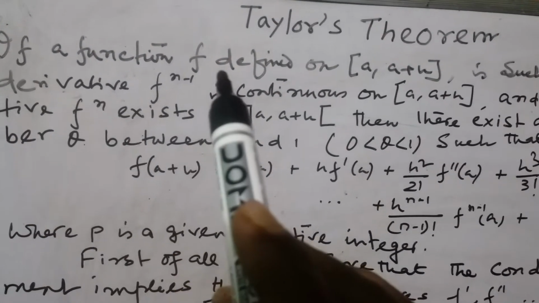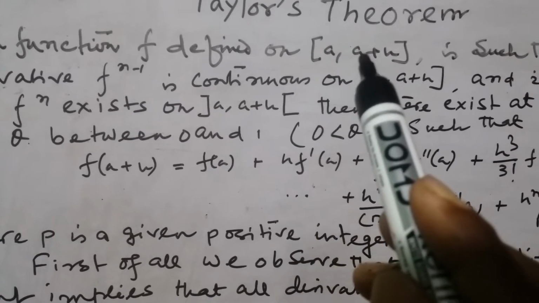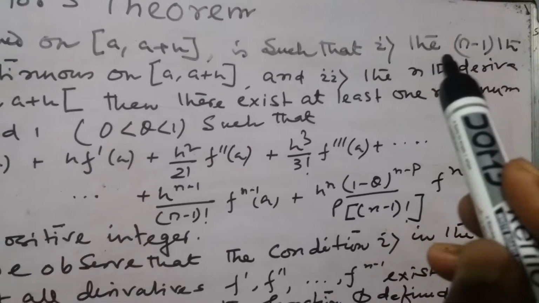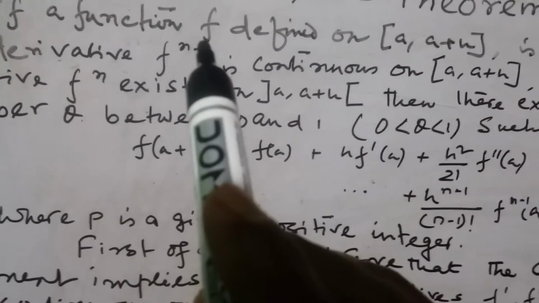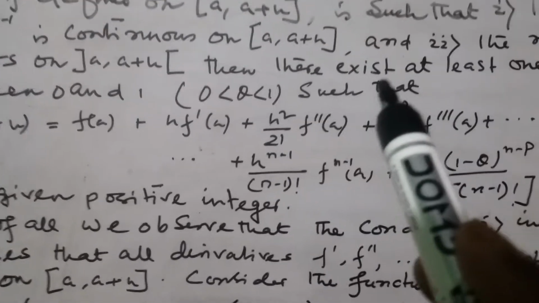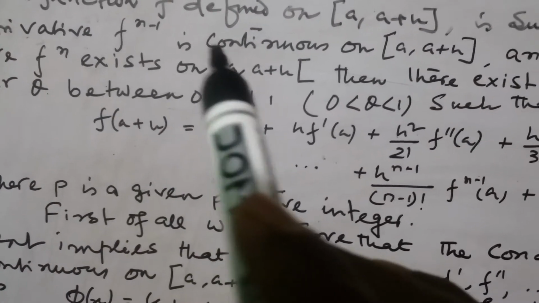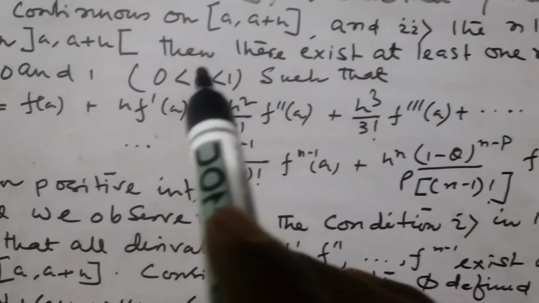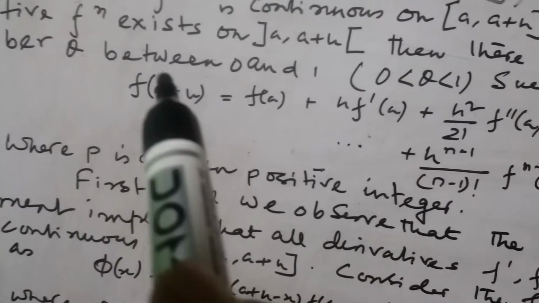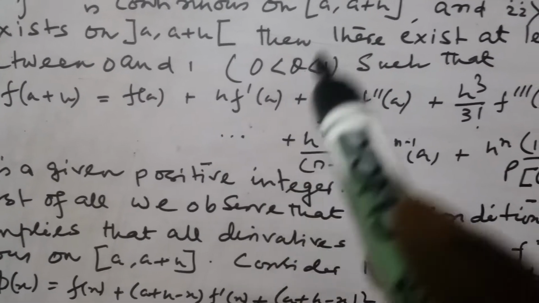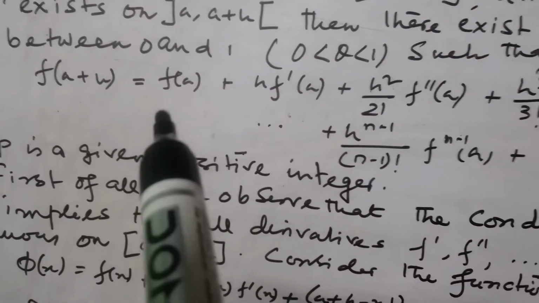The statement: if a function f defined on the closed interval [a, a+h] is such that, number one, the (n-1)th derivative f^(n-1) is continuous in the closed interval [a, a+h], and number two, the nth derivative f^(n) exists on the open interval (a, a+h), then there exists at least one real number theta between 0 and 1, that is, 0 < theta < 1, such that f(a+h) is equal to f(a)